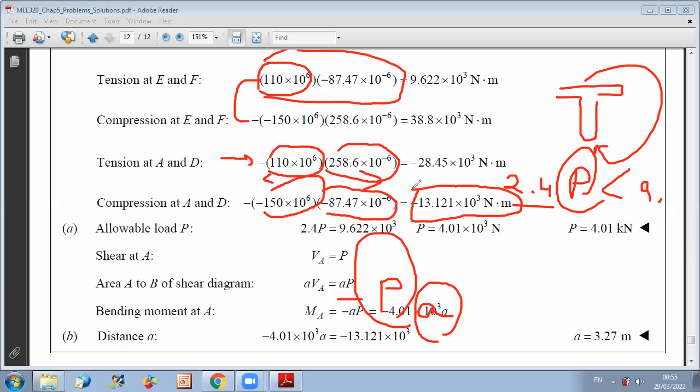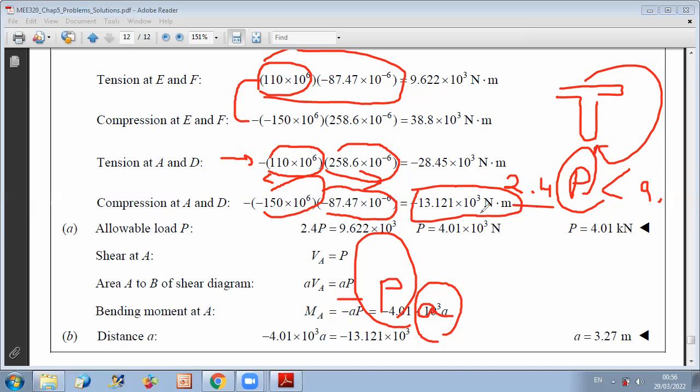So just for the case of positive bending moment, you can expect that the most critical is tension at E and F, because it's characterized by the smallest allowable stress and the largest distance, which is C2, from the neutral axis. However, in case of negative bending moment, you should do both calculations, tension at A and D and compression at A and D, to make sure which one is more critical. Here, it's clear that the most critical one is the one with the smallest absolute value,